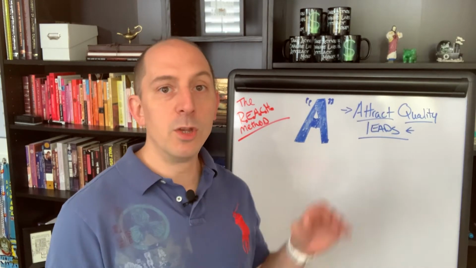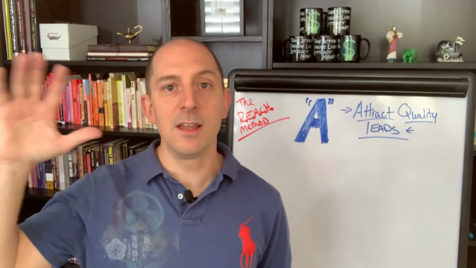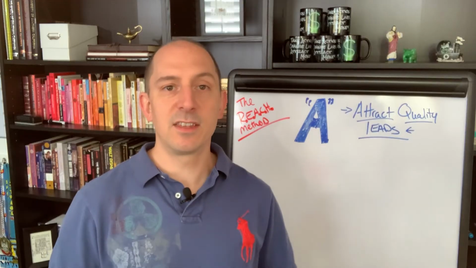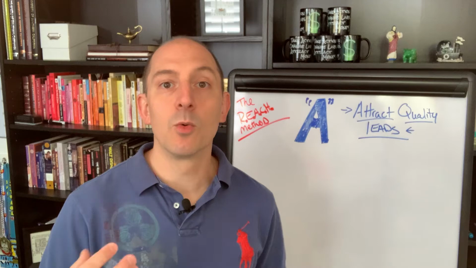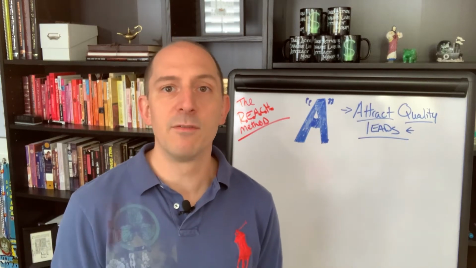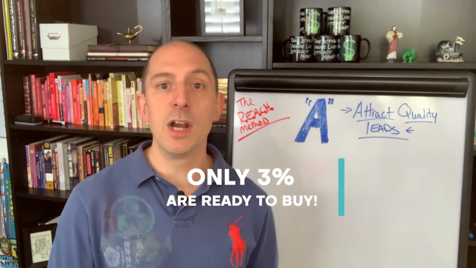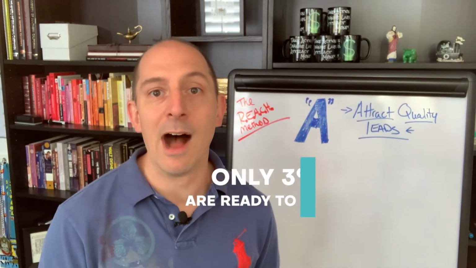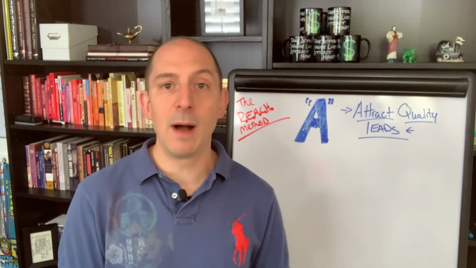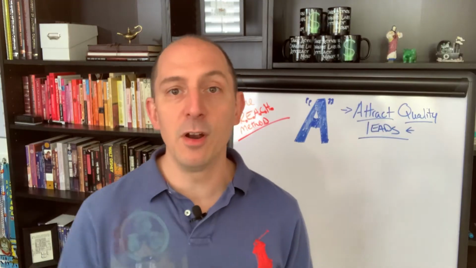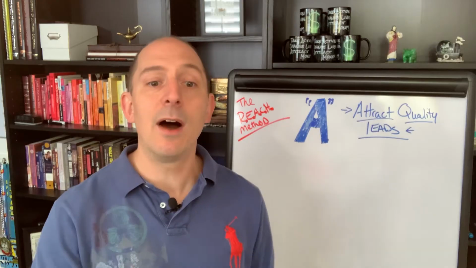So when you attract a quality lead, it's the next step after telling an interesting story and getting them to raise their hand. The next thing is that you have to get them into a place that they can experience what you can do for them. You have to stay in front of them because remember, any given audience, only 3% of them are in enough pain that they're going to buy right now. The other 97%, they're just floating around. They might eventually buy from you, but you have to be at the front of their mind when they experience that pain and they're ready to buy. So how do you do that?